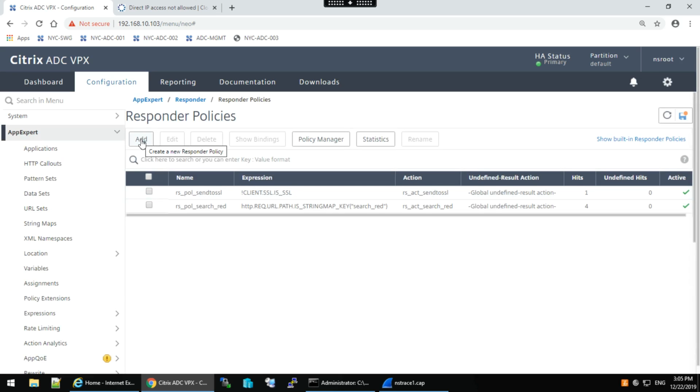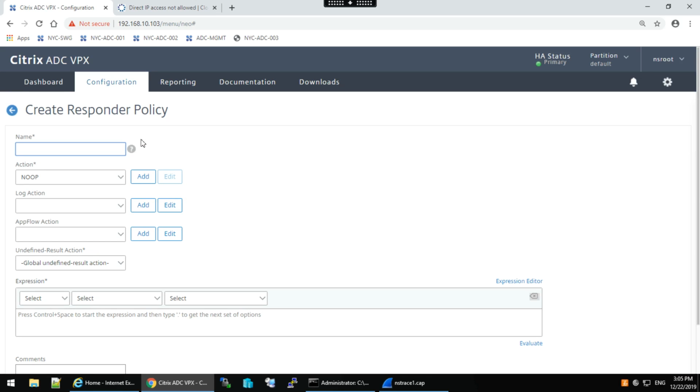Responder policy add. Responder policy. Send to maintenance. Okay, so action. There are 3 actions. First we will check maintenance 1. Okay, but when you want to take an action,